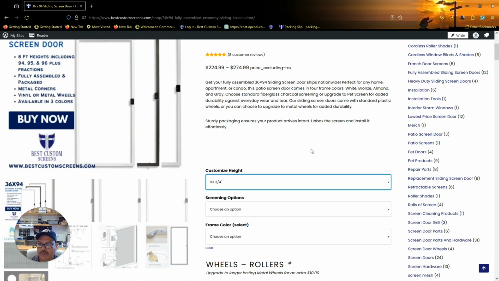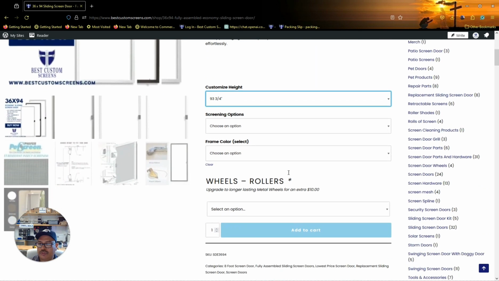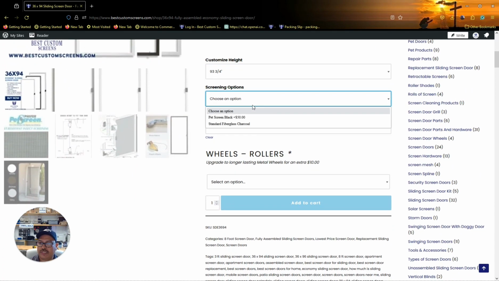There's a whole page on instructions on how to measure and what measurement we require for a sliding screen door. Then you can select your screening options, which you have the two selections here. You have standard fiberglass charcoal or the pet screen. Pet screen adds an additional $50. That's if you have a dog or